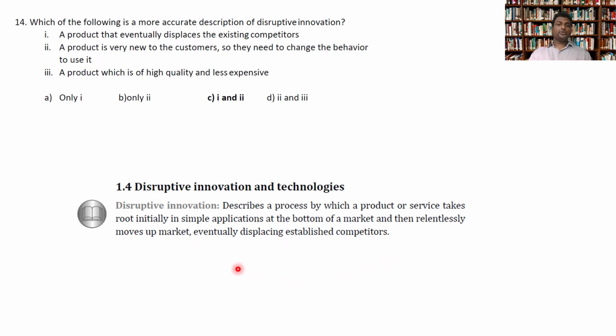So disruptive innovations, these are innovations which start small with a small market segment at the bottom of the market and then suddenly breaks up in the market, putting away all the other big players, key players, and establishing the